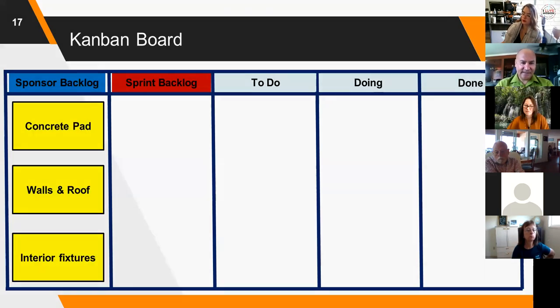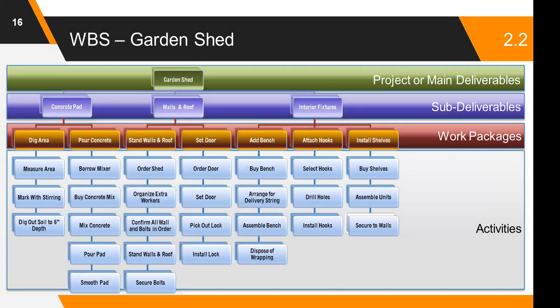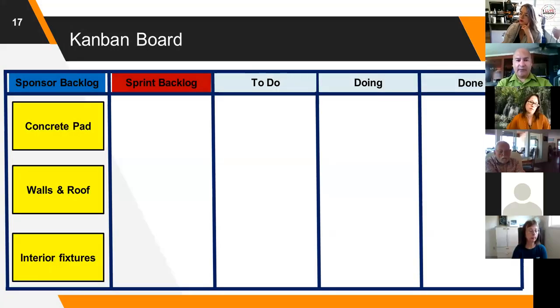We've got a WBS. Now, normally, what we'd have in an office is a Kanban board. So what is a Kanban board? Well, a Kanban board is basically a map of process flow, right? It's to see the live status of what's happening in your specific project. If we go back to the previous scenario, you've got 3 deliverables. You've got the concrete pad, walls and roof, and interior fixture, okay? And on the left, let's forget the titles for now. On the left, those are your 3 physical deliverables.